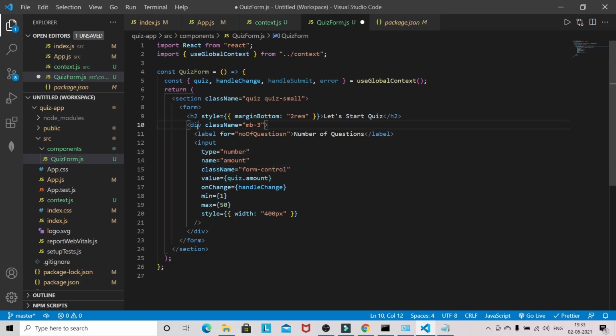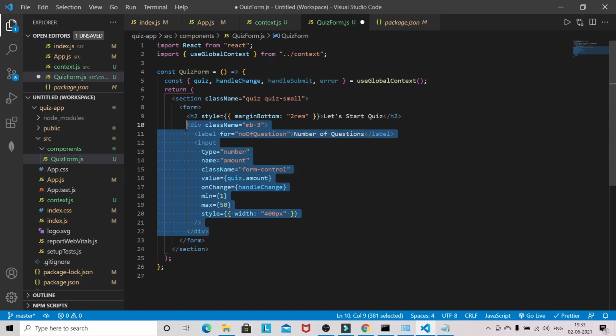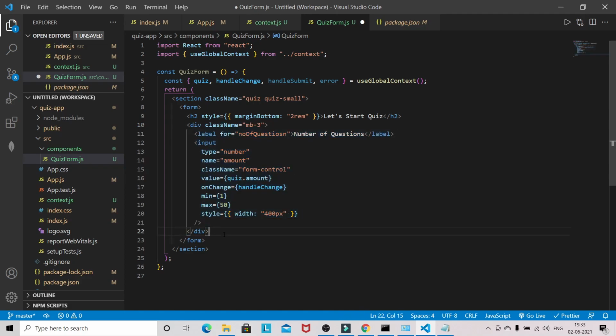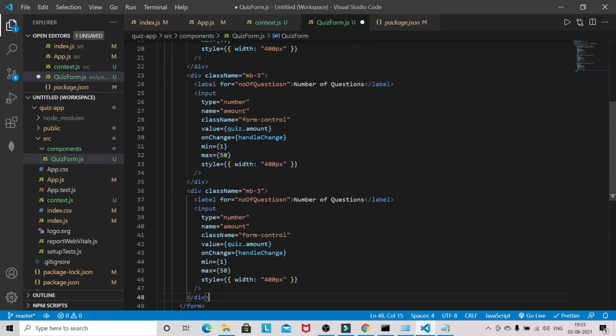Then I will copy this div a couple of times. The other two form fields are dropdowns. So here first of all we have to remove the input.